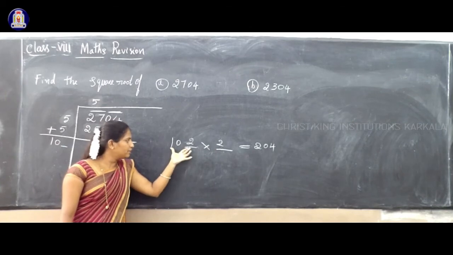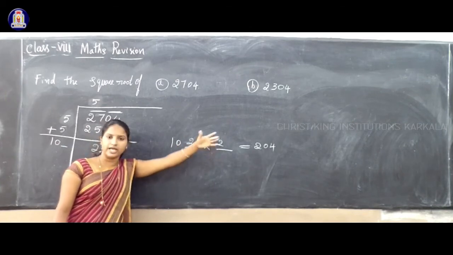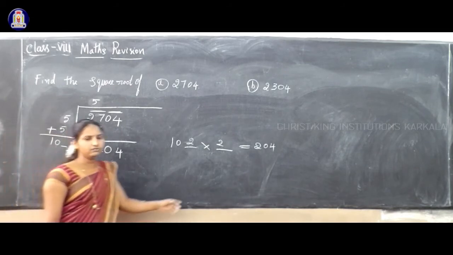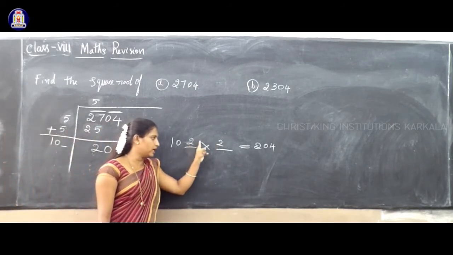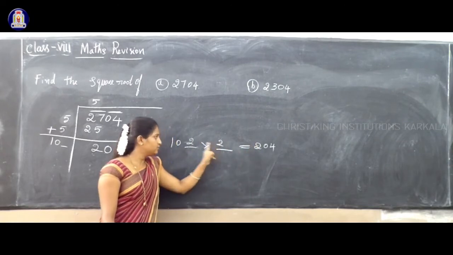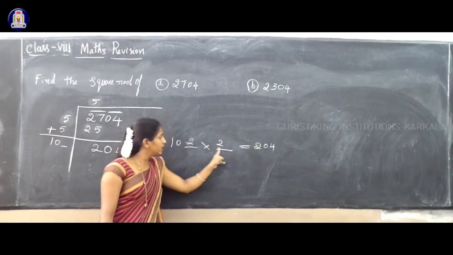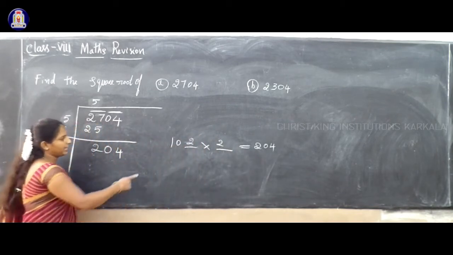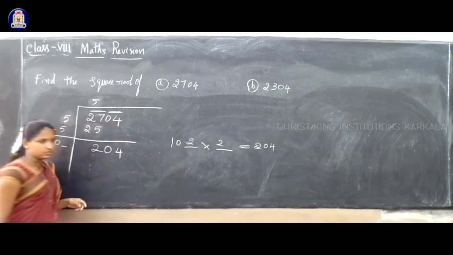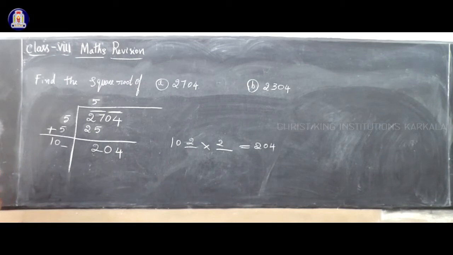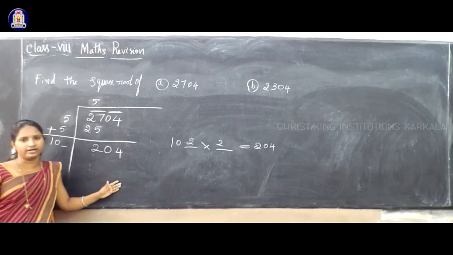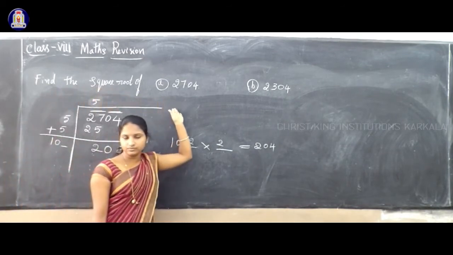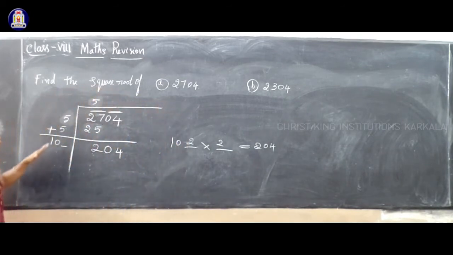So if you multiply 102 into 2, can you get 204? Yes, we can get 204. Means 2 twos are 4, 2 zeros are 0, and 2 ones are 2. Is it correct? Yes. So 102 into 2 means we get 204. Sometimes we divide, sometimes not. So we want to find the perfect square root of this number, so we have to do this method step by step.